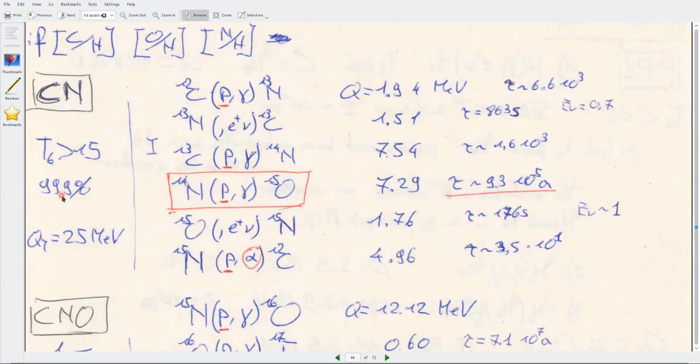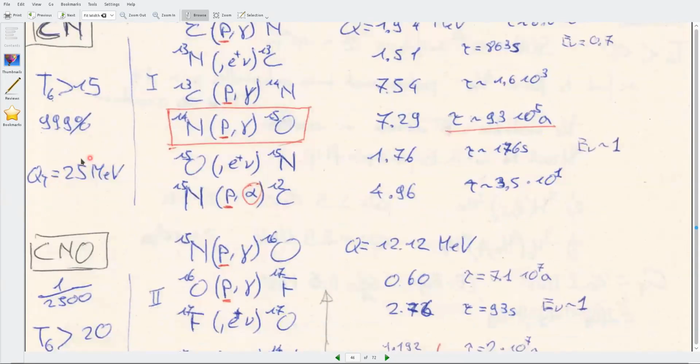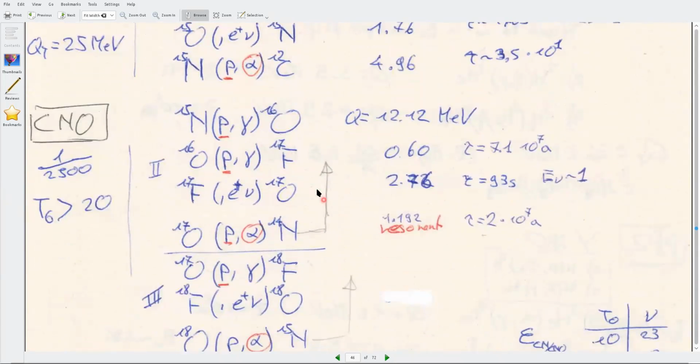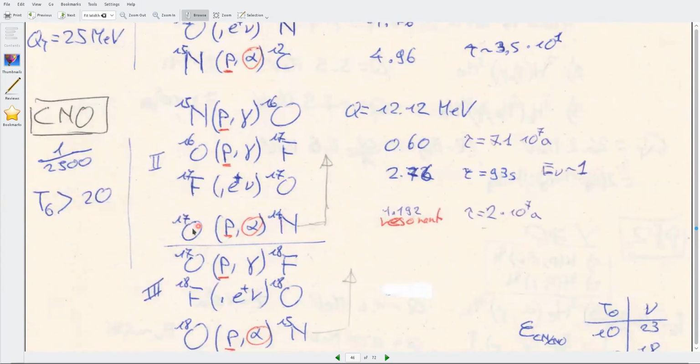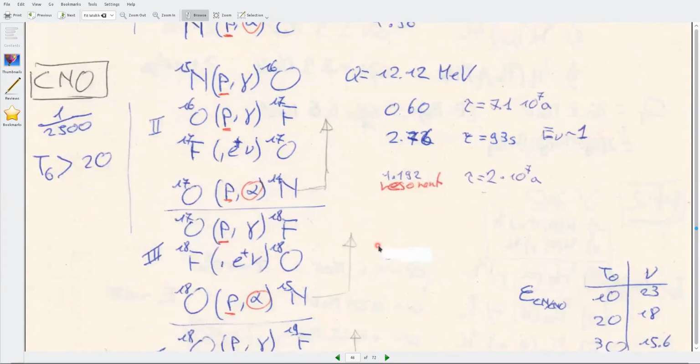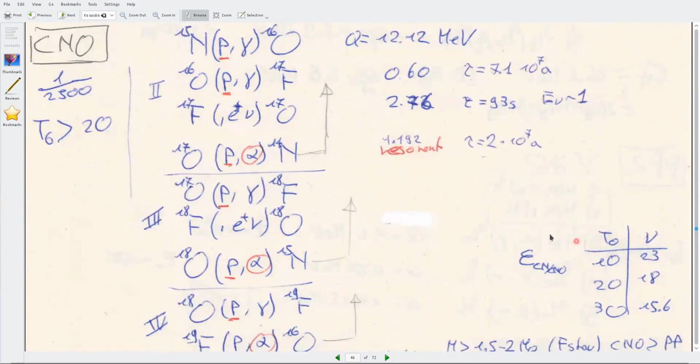Even 19.9% is this reaction. There could be, if the energy produced is similar to proton-proton, can be also this one, but definitely more difficult to be there. For example, this reaction also is resonant. What is peculiar is that the